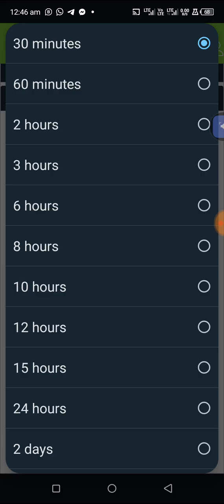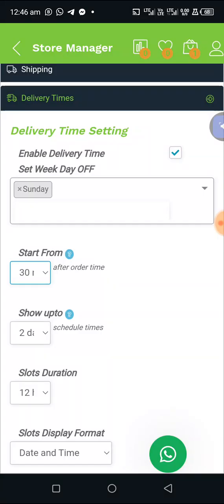Okay, let me just go by 30 minutes. You now say starts from 30 minutes after order time. Start from 30 minutes after order time. This thing means the time